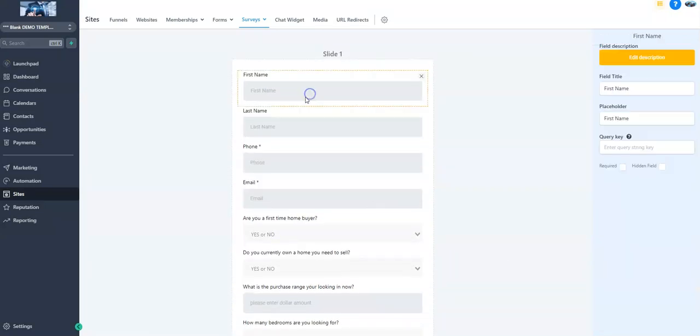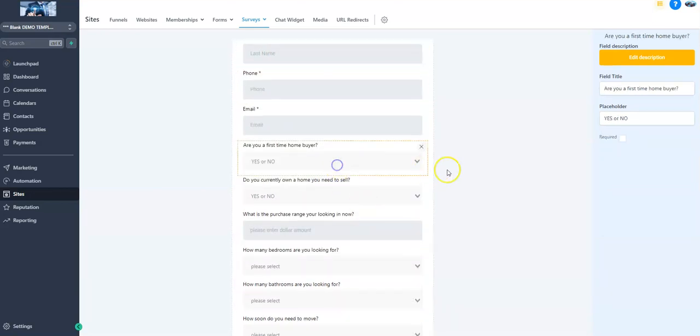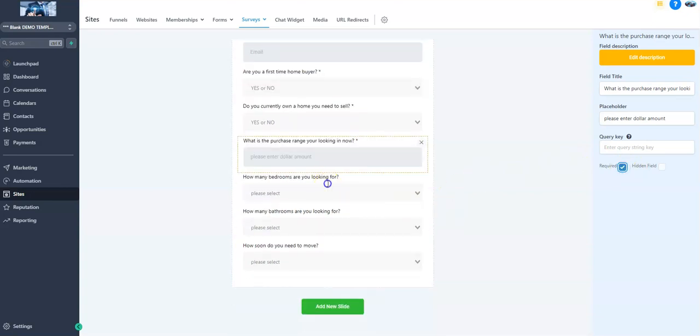So one last thing that we're going to do real quick is we're going to make all of these a required field. So let's just go through here. We're not asking anybody to fill out this form because we don't want the answers. You know, if they can't give the answers to this form, maybe they're not a lead, right? So let's go through here. Looks like I missed that one. Required, required,